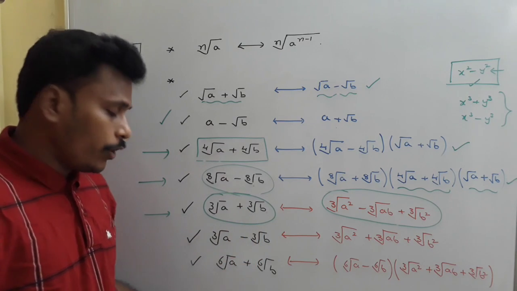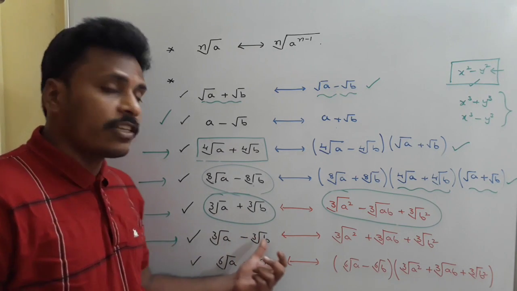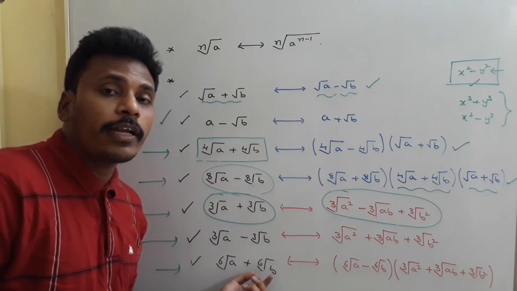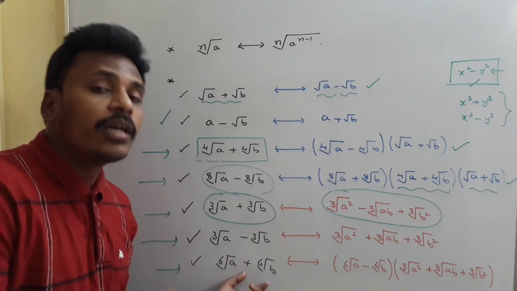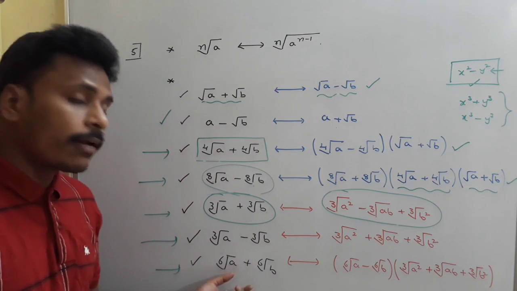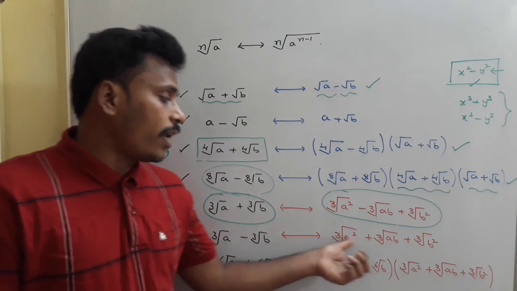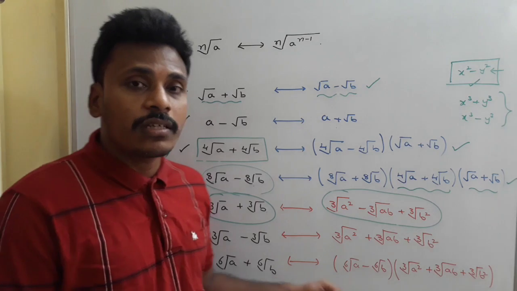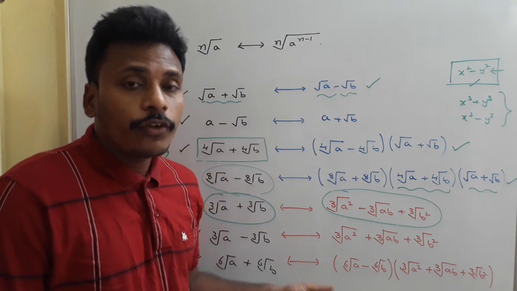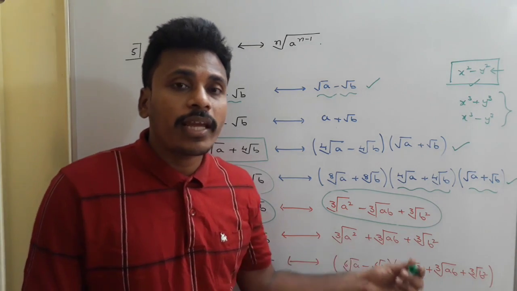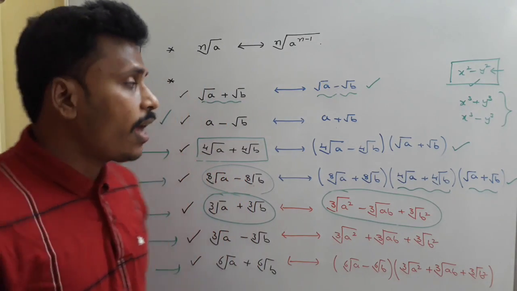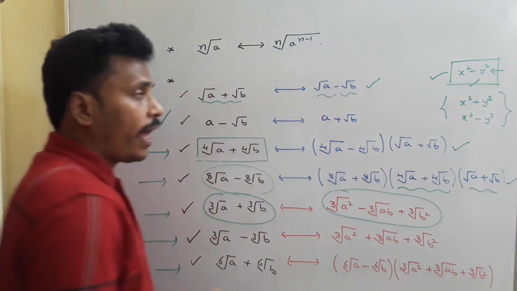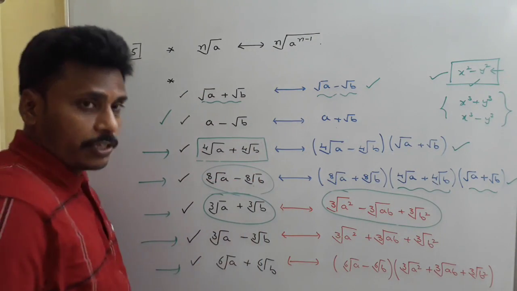Okay, in the same way, using x cube minus y cube, we will mention the rationalizing factor for this as well. Sixth root. Sixth root a plus sixth root b. First, if you multiply it with sixth root a minus sixth root b, its order will become cube root. And after it becomes cube root a minus cube root b, use its rationalizing factor there. So always in finding the rationalizing factor for a binomial surd or for a trinomial surd, we need to use different algebraic identity formulas, and that's why I am just mentioning those formulas like x square minus y square, x cube plus y cube, x cube minus y cube, and so we are mentioning.